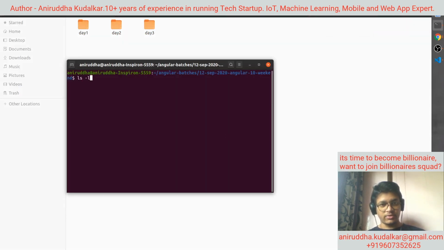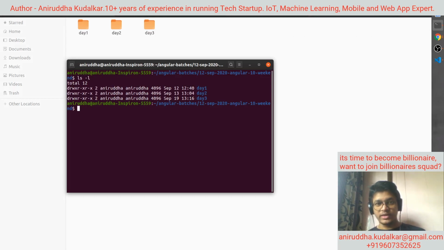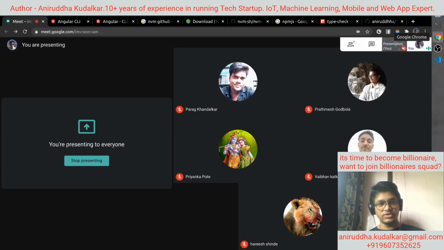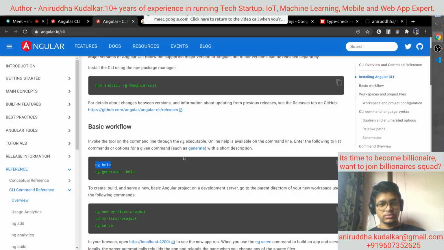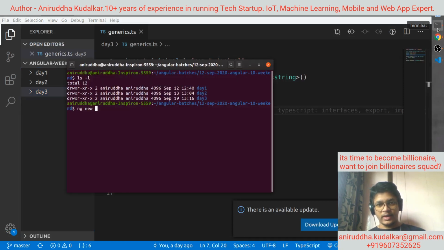So here we have ls -l in Angular batches, and ng new. Can you see ng new Angular batch project. Okay,